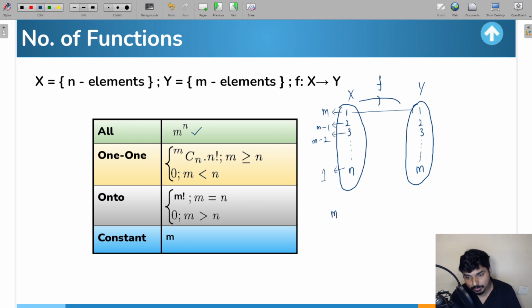So that means you're going to get m into m minus 1. I'm very sorry, n will not have one choice here. It goes like m into m minus 1 into m minus 2 into m minus 3 and so on. Now this is basically similar to the permutations and combinations concept. If you have gone through that topic, you can easily relate this concept, guys.